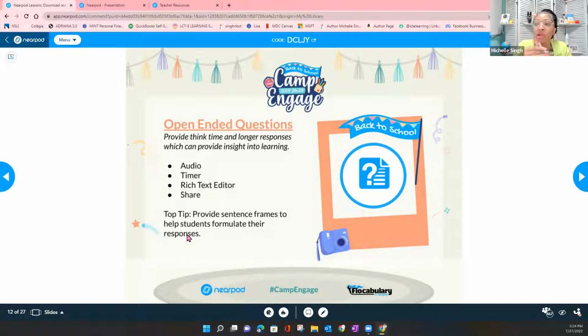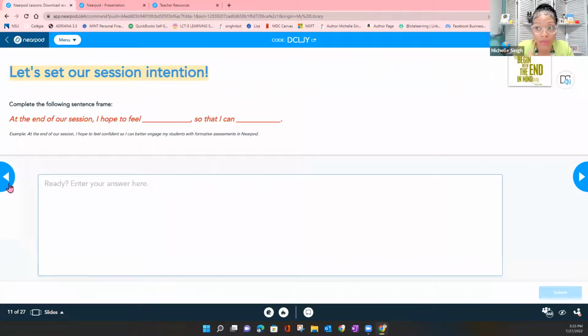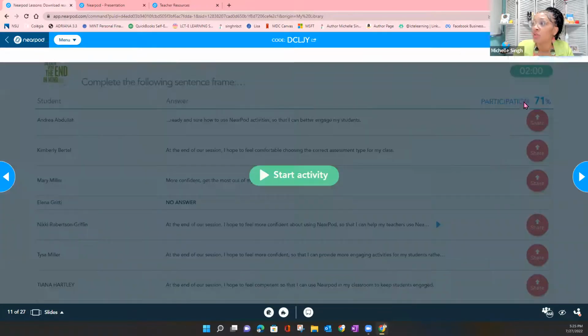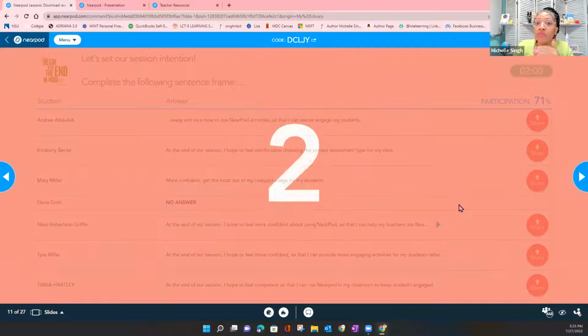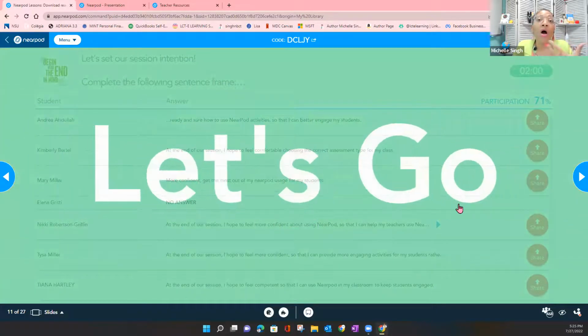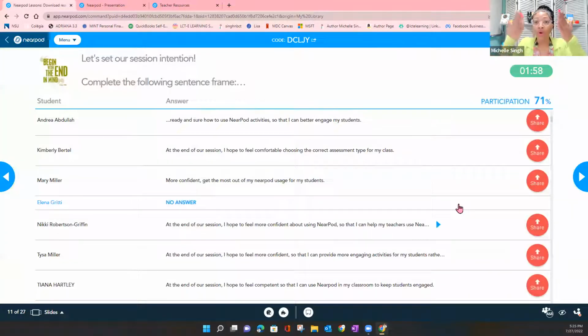The immersive reader has the rich text editor, which is the way that I was able to structure the question. And it has that share feature. That share feature, I'm going to show that to you real quick. It is a great way to allow students to have conversational interaction. Although their answers are coming to you, the teacher, in the teacher view, if